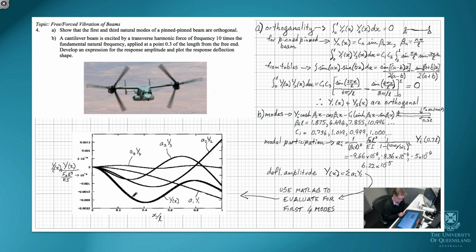So our final forced vibration shape is given by this shape here. Okay, so there you've seen how to calculate the forced vibration response of a transverse vibration of a beam